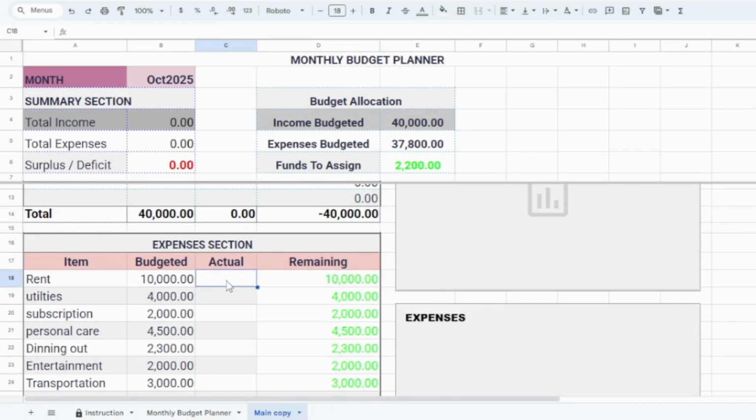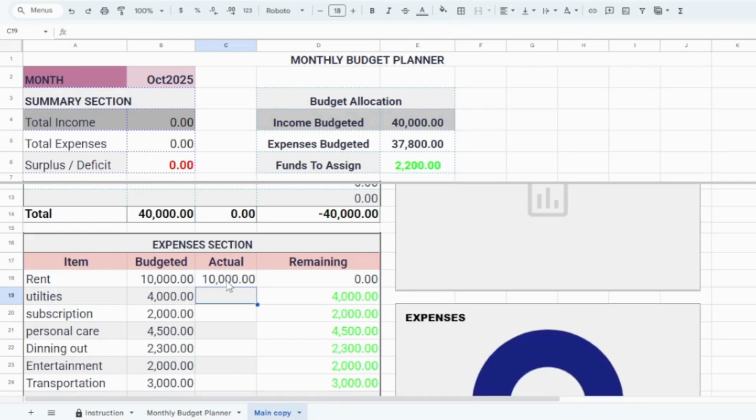Our next step is to record now the actual amount. 10,000 for rent, utilities. Now this is the actual amount that we have paid. Subscription 2,000. Personal care 4,000. And for dining out, how much are we going to do? Dining out 300. Entertainment,